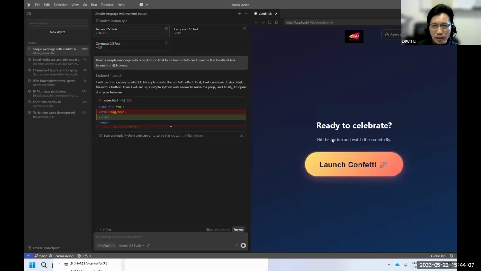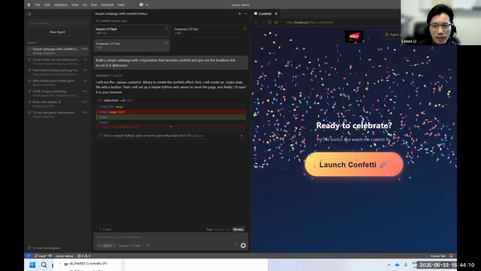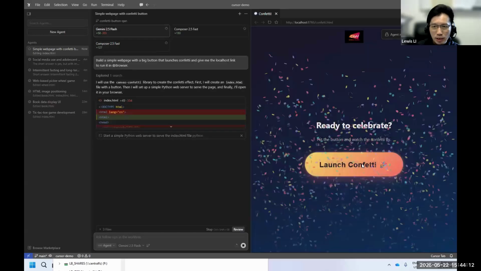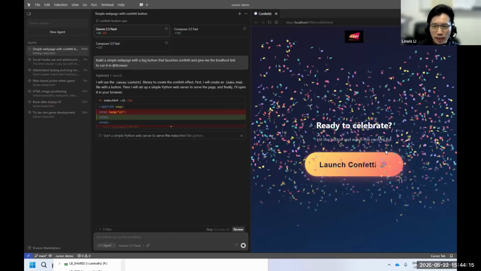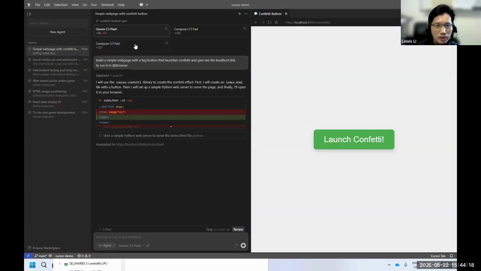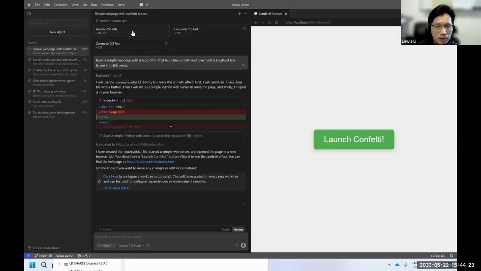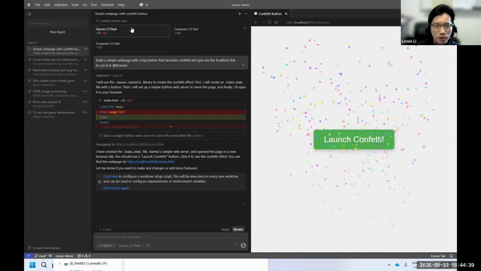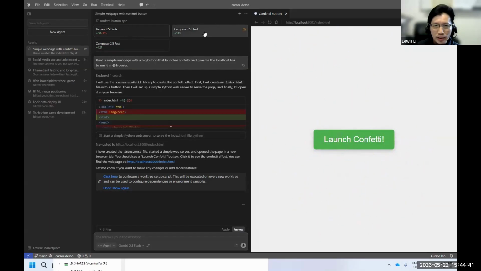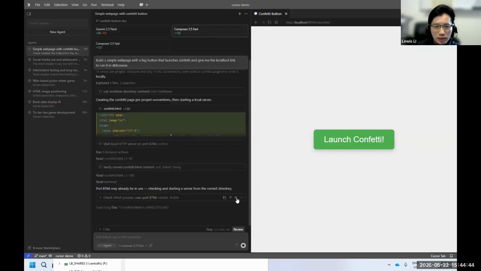So the first one is now there. Okay, it's now complete. So when I click the button, it will generate something like this. So this is the one already complete. Which one is it? Is this one the first one? Okay, this is the first one. It's already complete. Let me wait for all the others. So it's the same effect. When you click, it will generate something. This is the first one from the Gemini. And the second one, let's see, is still working.